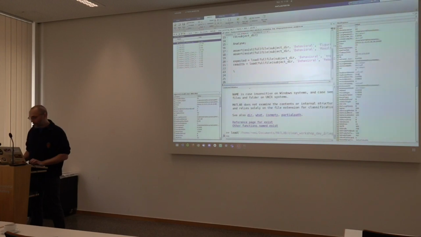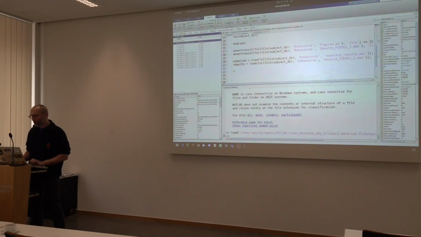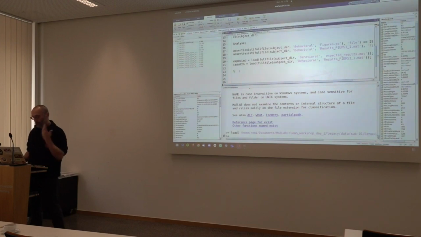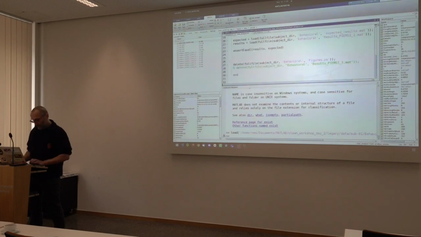And the most convenient way to check all of those values in one go is to use a function from MOxUnit called assert equal. It will check all of those values all at once. So you can check that the results that you have created are equal to the expected results. So let's run all of this.